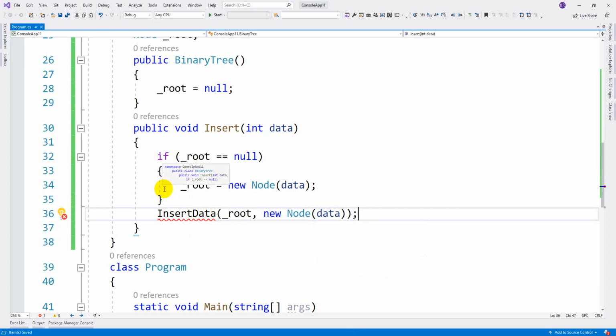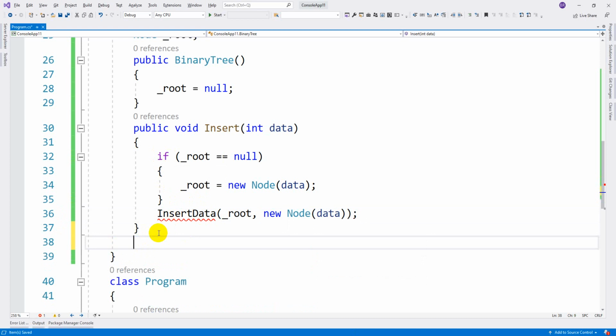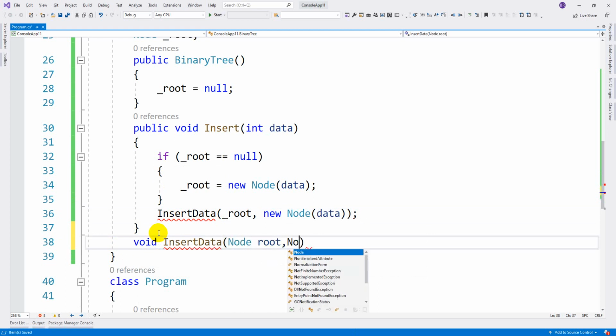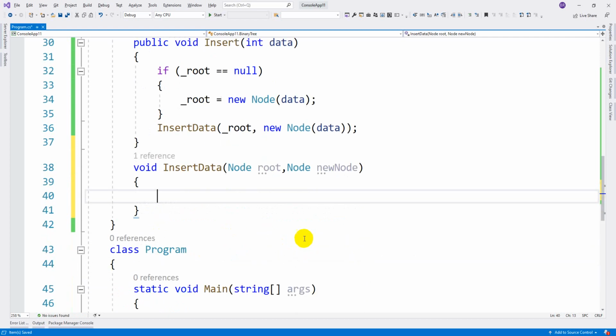Okay, then you need to create a method to insert the values. So before that, void insert data, where you have root and new node. We are passing the root node, our parent node, and the node to insert.